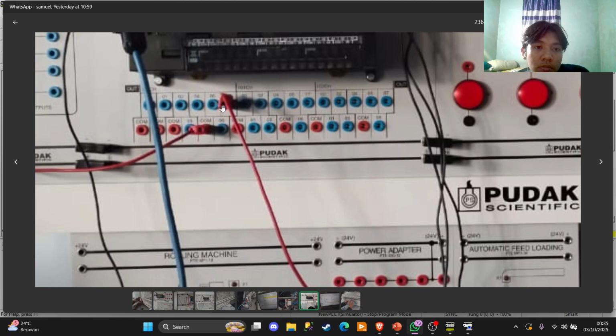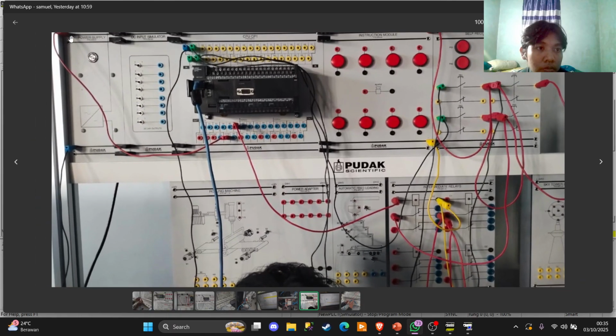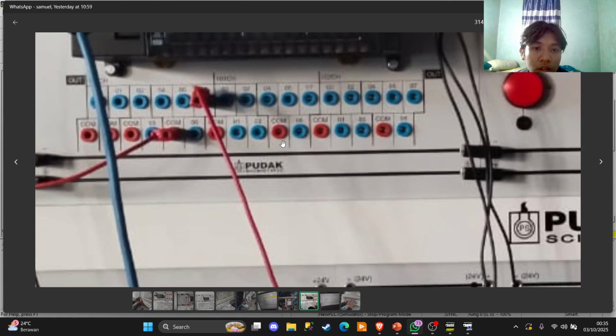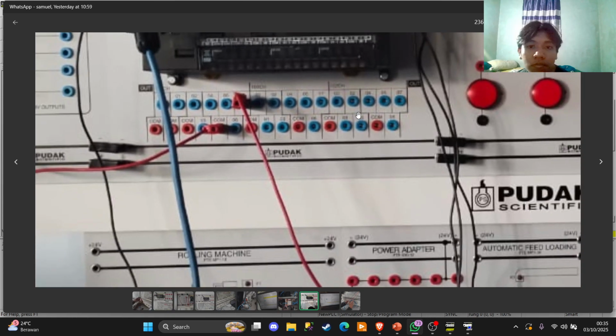So when we use the IO in here, the VCC will be used in the area that has the dark line like here. So when we use this one, this is the example. When we use this one, we're going to put the input voltage to here, because this is the darker line like that.